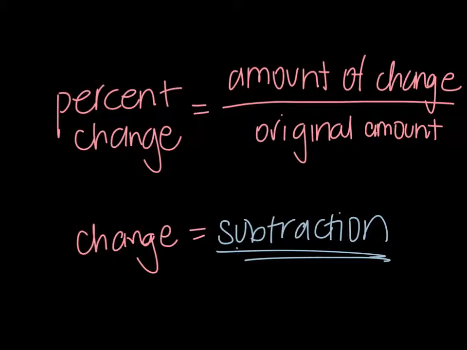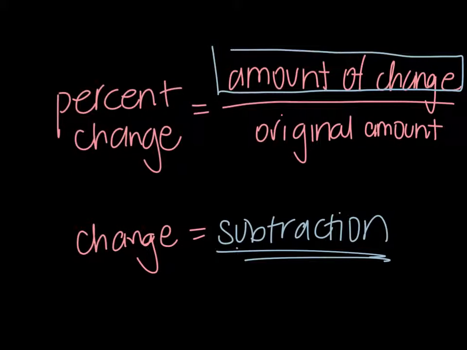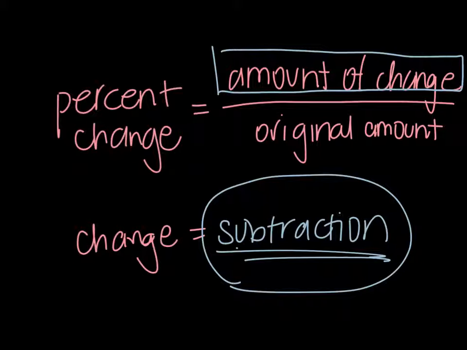So the percent increase or decrease formula is calculating the amount of change, which you can see right here at the top, and then dividing it by the original amount. So change always means subtraction. Okay, so an example would be, imagine